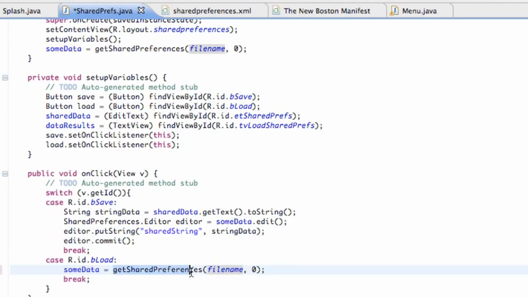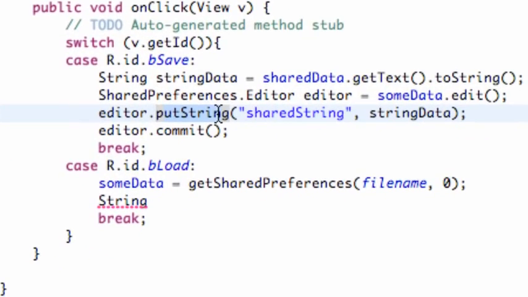So again, we're going to get the shared preferences from our shared preference class or object here, and we're going to load the same file name and the default setting. And now we want to set up a string, because we're going to get this string that we put in right here within our save button, which we called shared string. So we're going to set up a string variable called